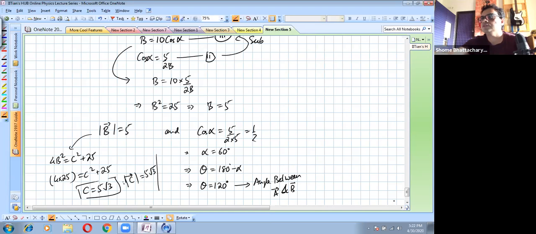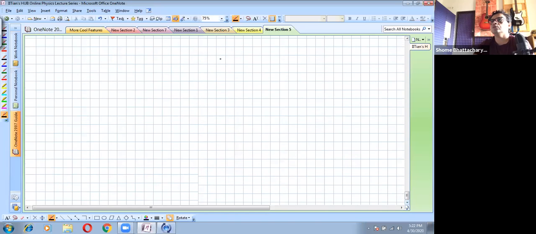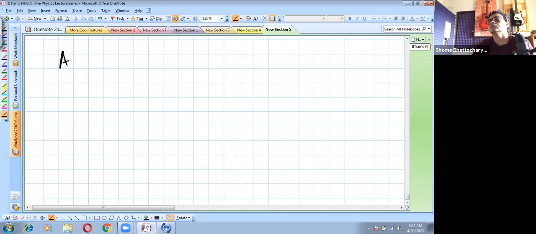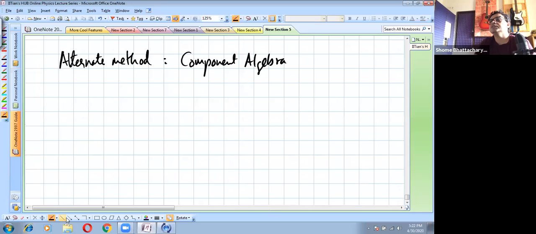Okay, now for this, you can also do one thing. You can take a component algebra approach instead of a geometrical approach. So alternately, what you can do is this. Use all the information given to you. So by that, what you can do is, if this is your xy plane,